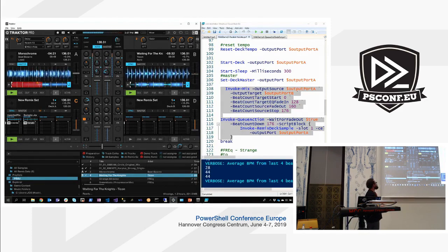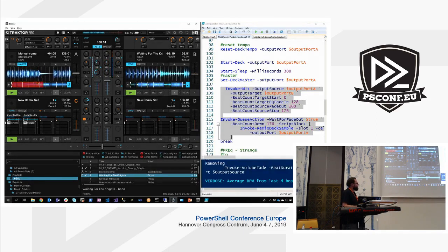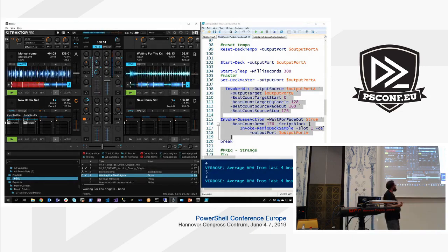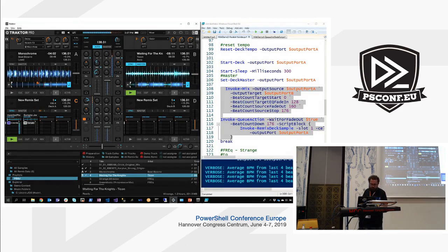See? Mixes. Well, I actually invented PowerShell, so from the very beginning. And it goes like, and then the party's on again,